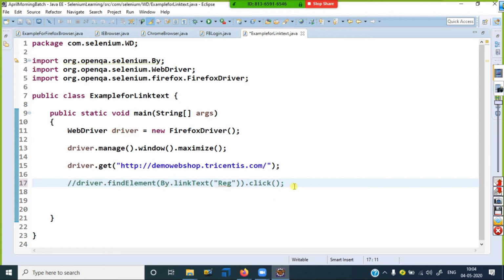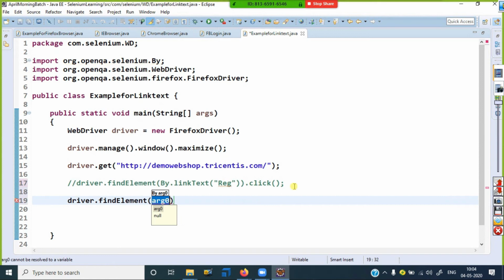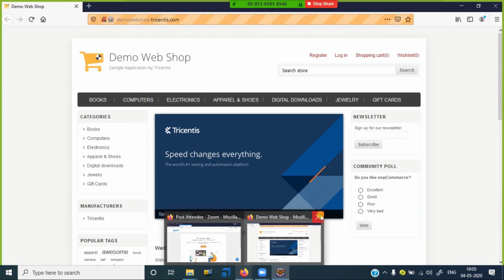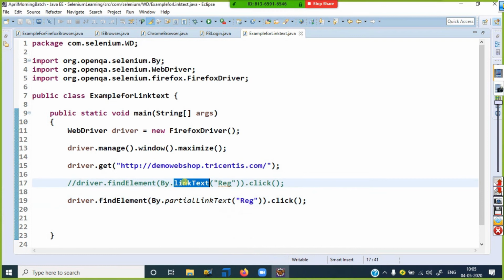Okay, we are discussing the next one, partial link text. Driver dot, you can understand now what partial link text is, by dot partialLinkText. Now see, the same link I want to click, REG dot click. So partially, if you give the text of that link, then it can identify it and perform the action. That is the speciality of partial link text. Link text is nothing but exact link text. Even a single missing letter is not identified, but partial link text is not like that. In that link, the first three letters, last three letters, middle three, whatever it may be, it will match partially. Also, it can identify and perform the action.